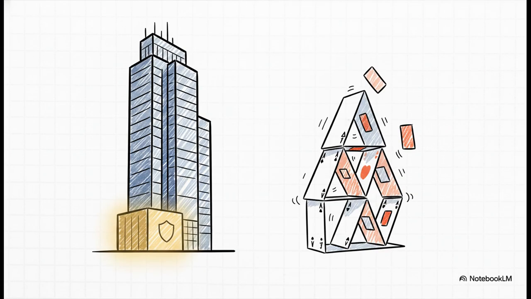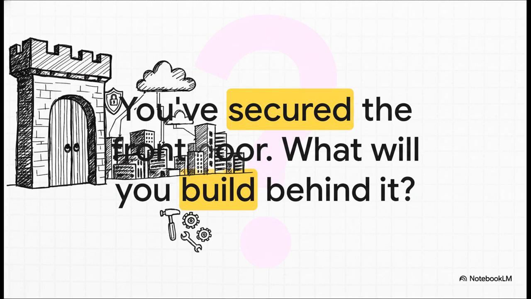You know, what we've just walked through, it's not just some cool little piece of code. This is a fundamental pattern. It's a building block for any serious professional application. Honestly, understanding and implementing patterns like this is what separates a fun weekend project from a real, production-grade system that can actually handle success. So there you have it. You've built your bouncer. You've created a safe, stable environment where your app can really grow without breaking. The front door is secure. So, the only question now is, what amazing things are you going to build behind it?